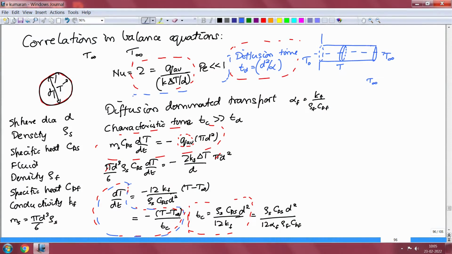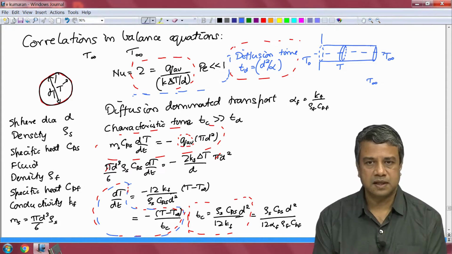In the last few lectures, we were examining how to incorporate correlations in balance equations, and we had done it for diffusion terminated transport, where the Nusselt number is equal to 2. I said that you can do that as long as the time scale for diffusion, the time scale for development of the temperature field around a heated object after the object is placed in a fluid at temperature T infinity,